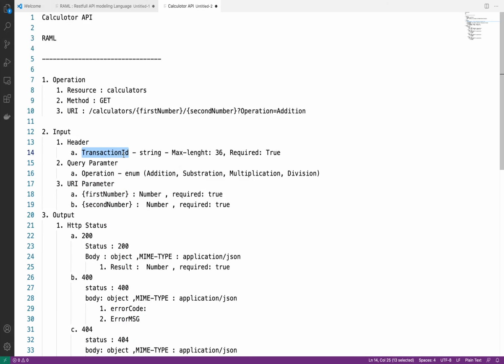So what details do we have about transaction ID? Transaction ID is of type string, maximum length is 36 and required true. Required true means we must pass this transaction ID to call this API.